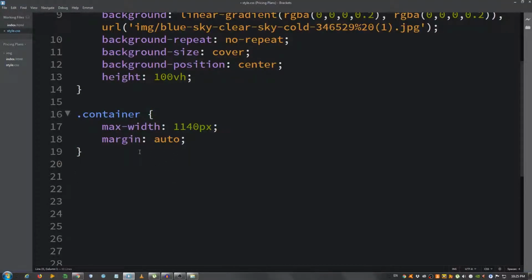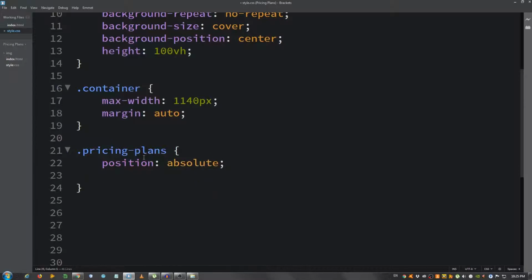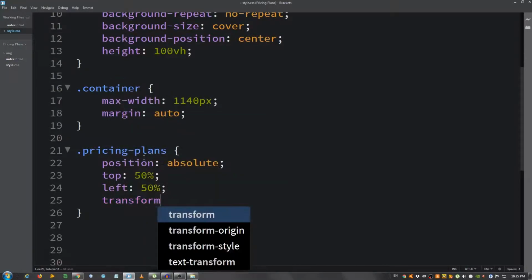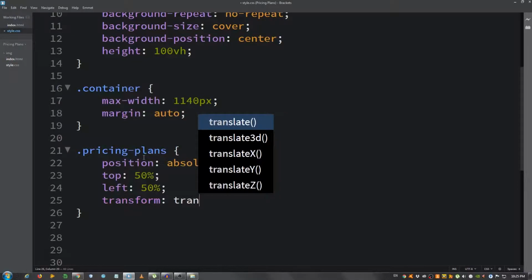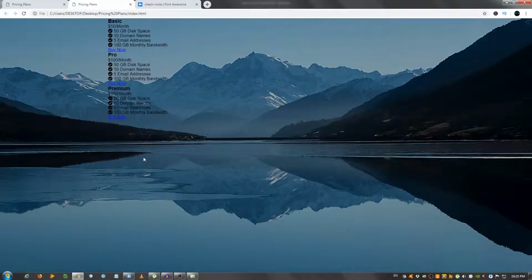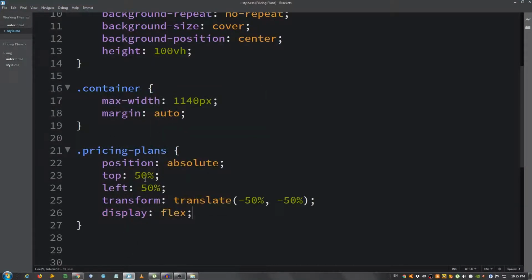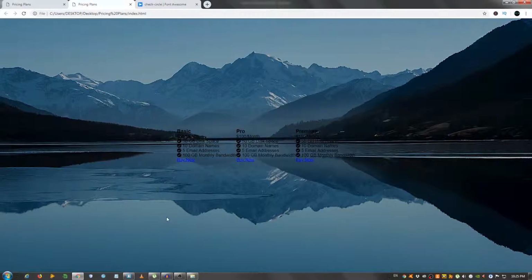Now I'm gonna select the div with the class of pricing-plans, and I'm gonna center it. I'm gonna say position: absolute, top: 50%, left: 50%, transform: translate(-50%, -50%). Okay, and also give it a display of flex. Alright, now we should move on to